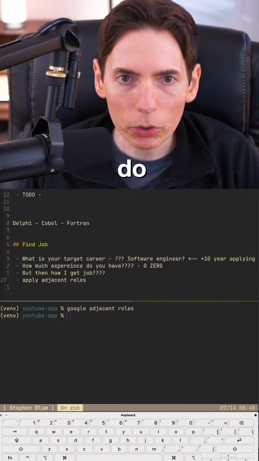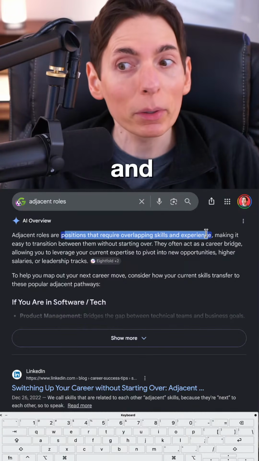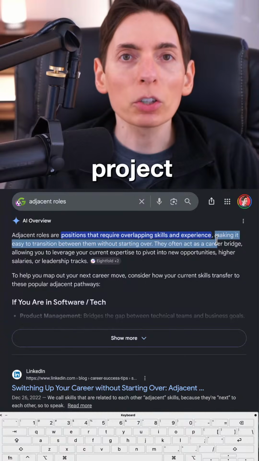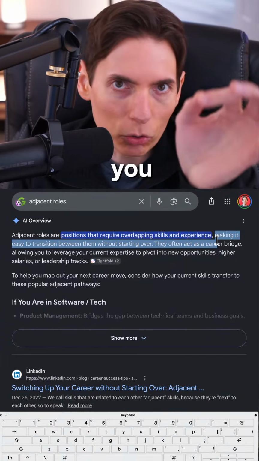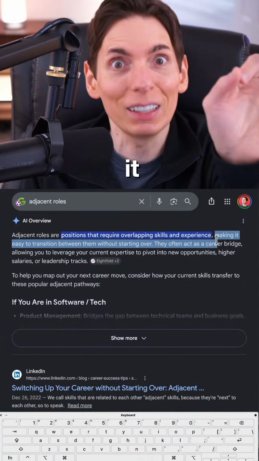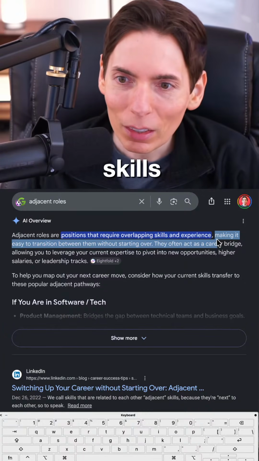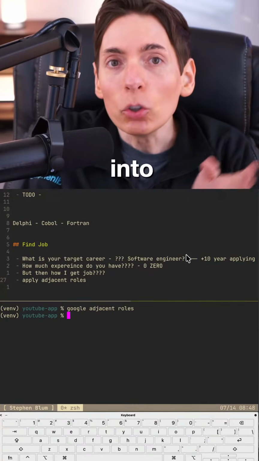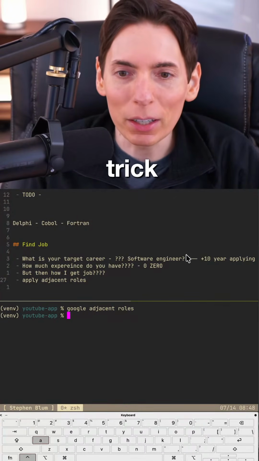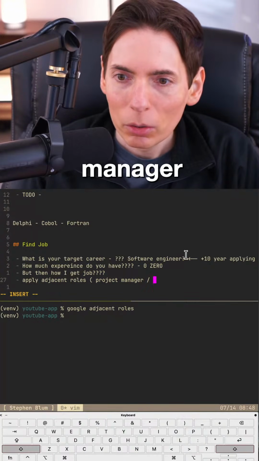So this is what you're supposed to do. Apply to adjacent roles, positions that require overlapping skills and experience. So things like project manager. If you're a software engineer and you apply for a project manager role, you're going to have a good time, probably likely getting it, right? Because you've got good skills. And that role can lead into a software engineering role. That's the trick, right? Project manager, product